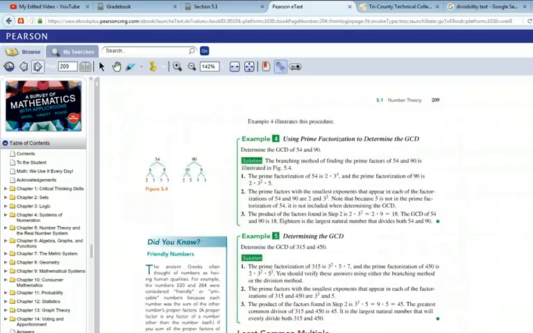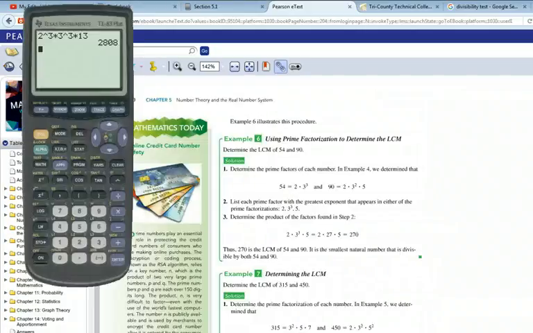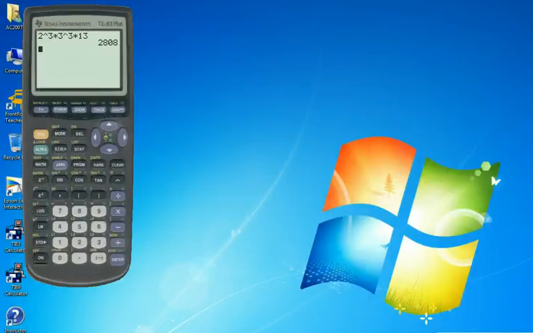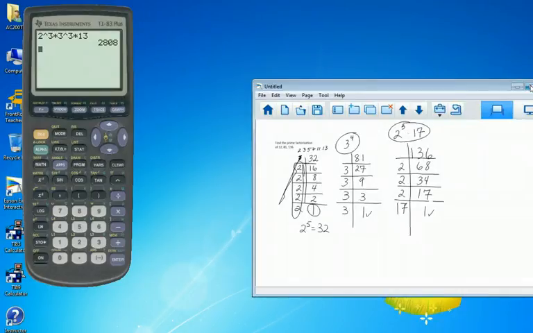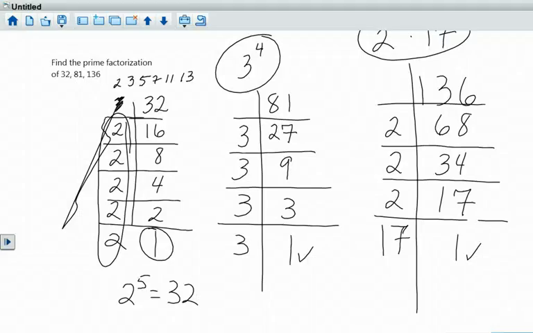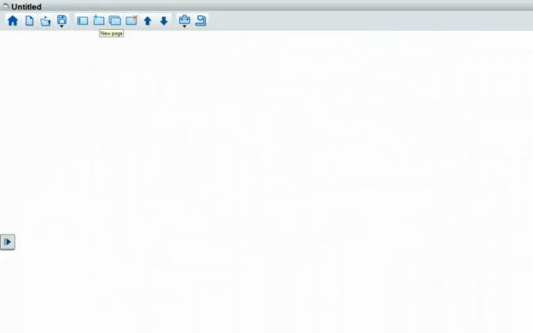Okay, so let's do another one. This time I'm going to do it on the board where I can draw something. There we go. So let's do two numbers. Let's do